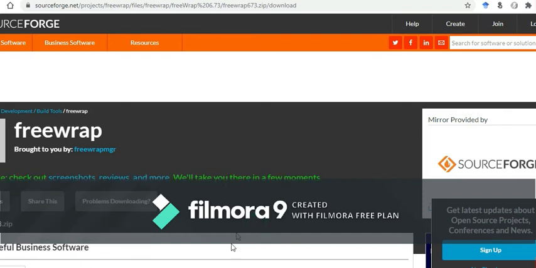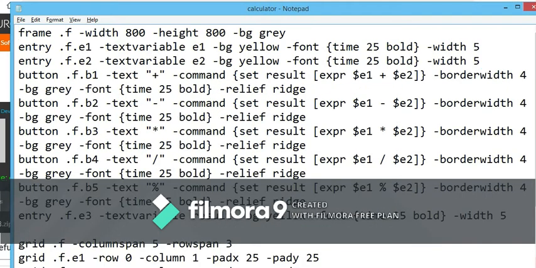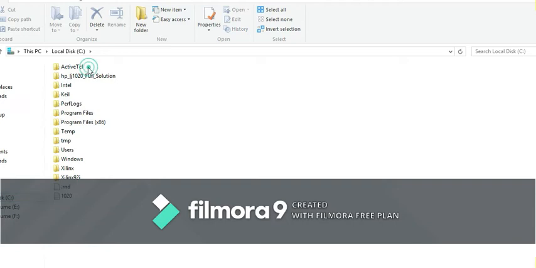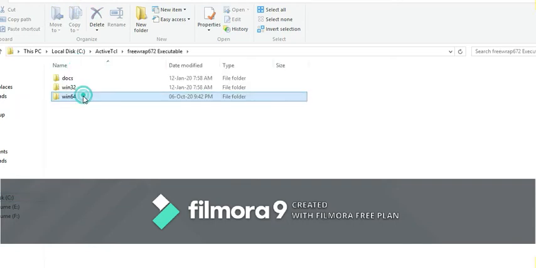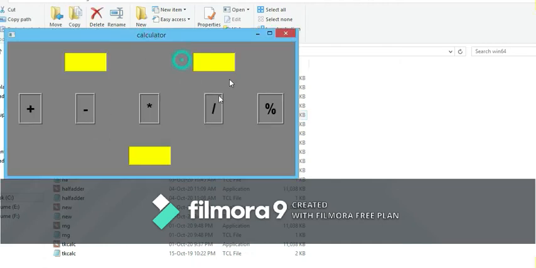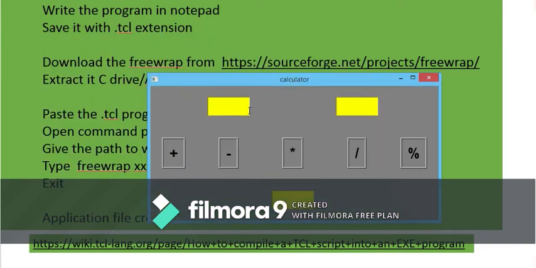In between, I am going to show the TCL program which I have created. I have created a calculator program, and I have already converted this TCL calculator into an application file. Now I'm going to showcase how the application file looks. Here I already have an application file available, calculator.exe. In this calculator I have used different widgets like an entry box to provide the input.